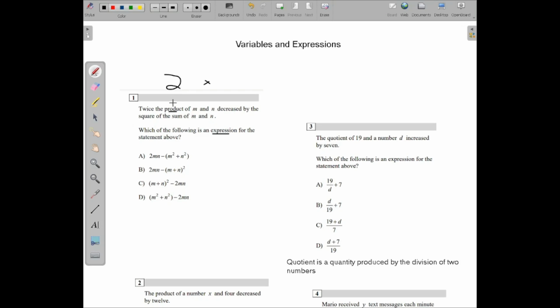The product means multiplication, and we have two terms. One is m, the product of m and n. And now this product is decreased. Decrease means minus